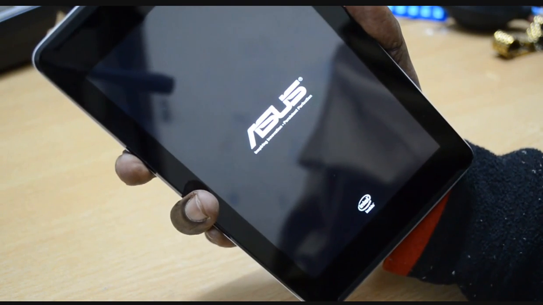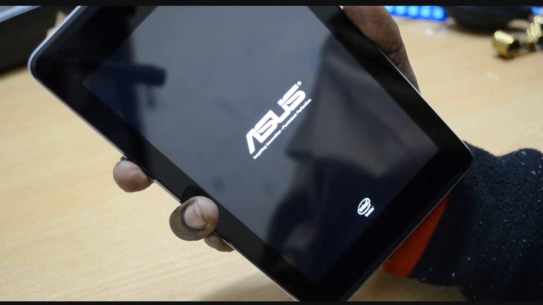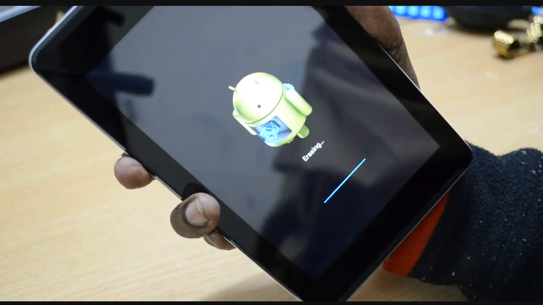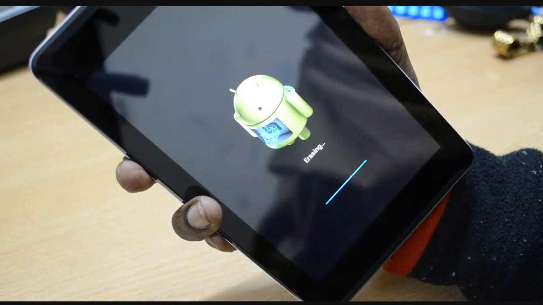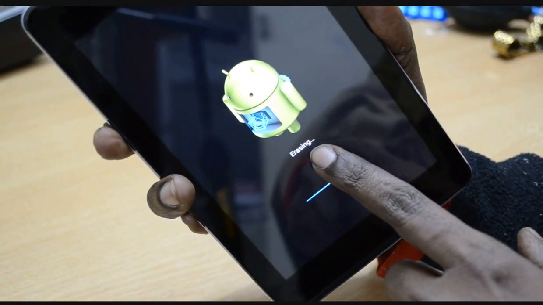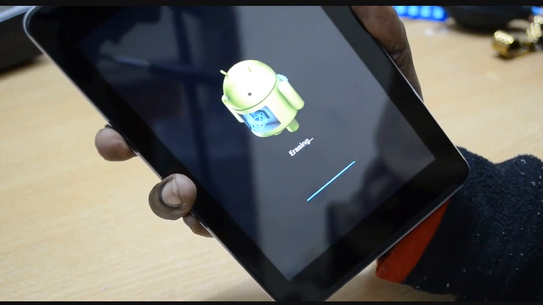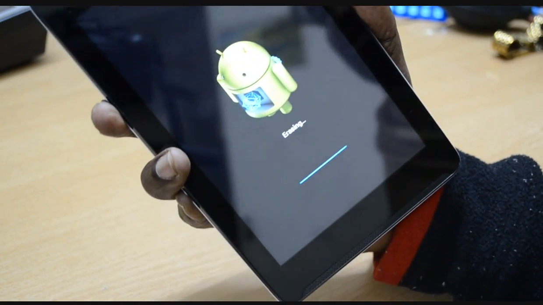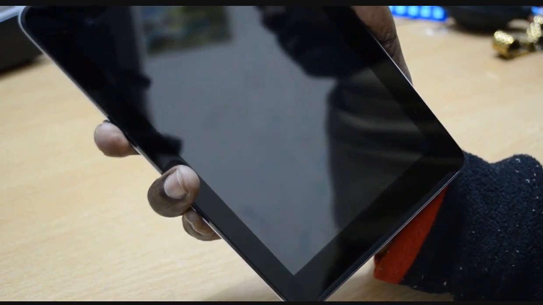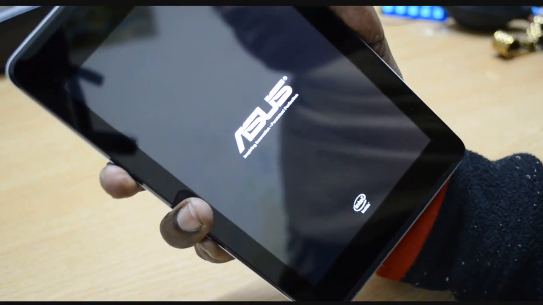As you can see, the device is rebooted. Here it is, the device is rebooted into recovery mode, and as you can see here, erasing the device is shown, right? It will take a few seconds, maybe a maximum of 30 seconds, depending on your device.